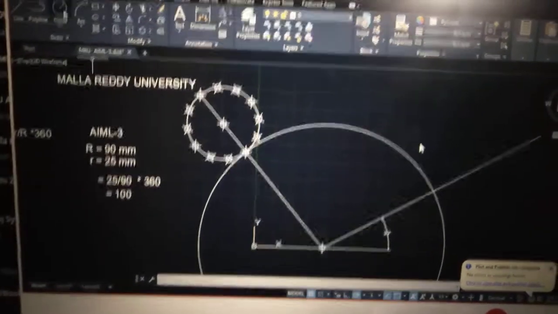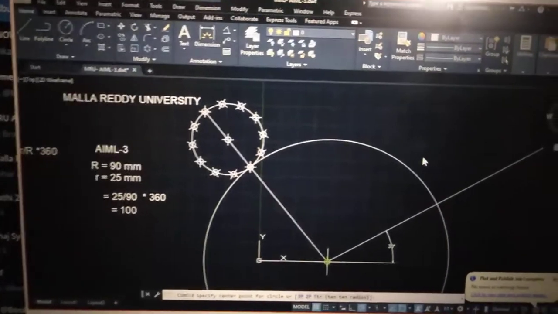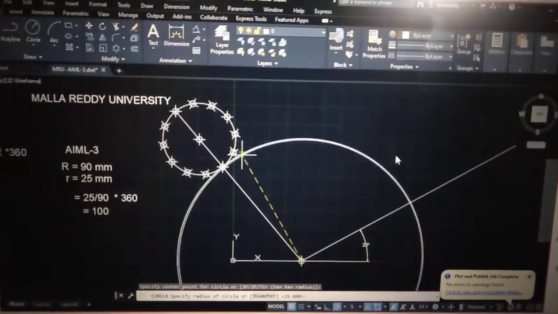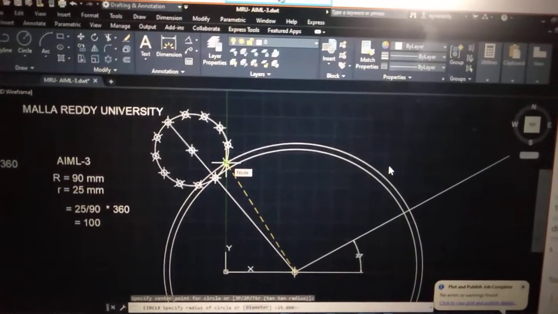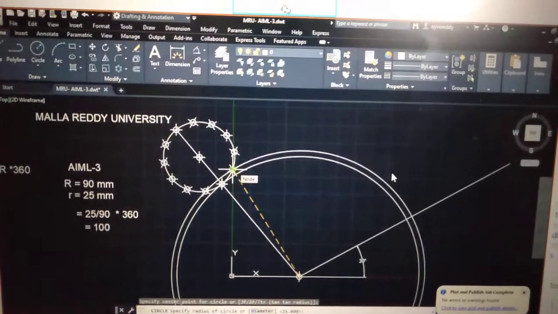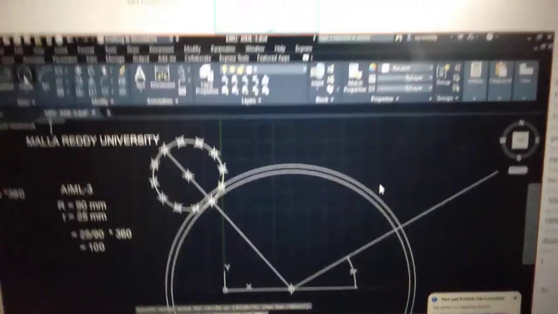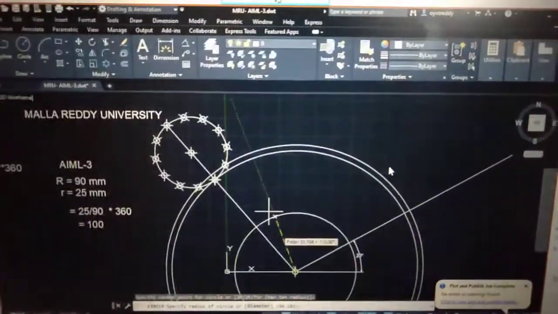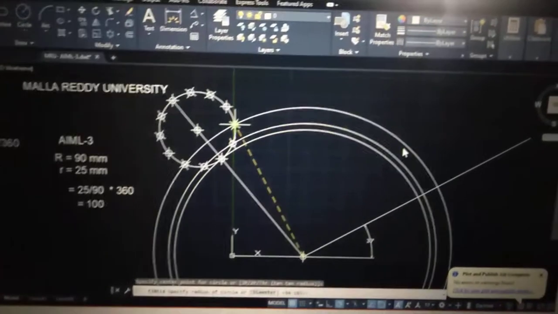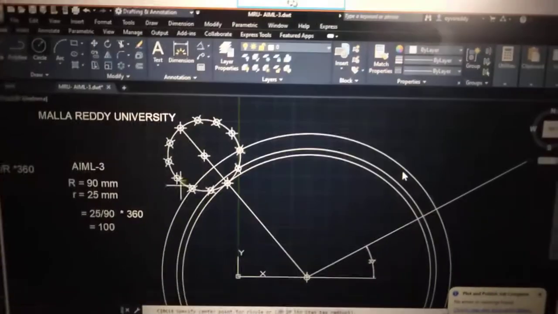Okay, now next step. Take the circle. This is at the center point. Draw the circles here. Now see here, when I draw this one, 2 circles are going to be coinciding. In the previous one, it is not coinciding. Now it is coinciding.